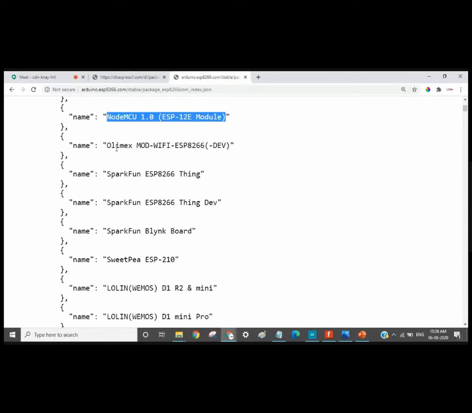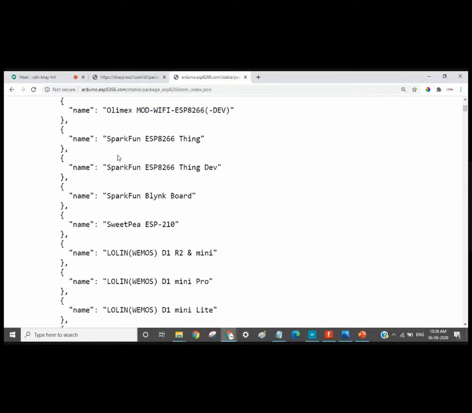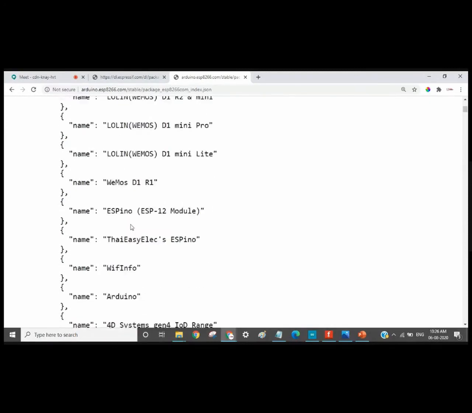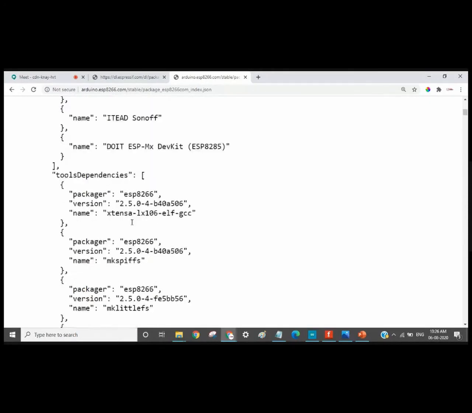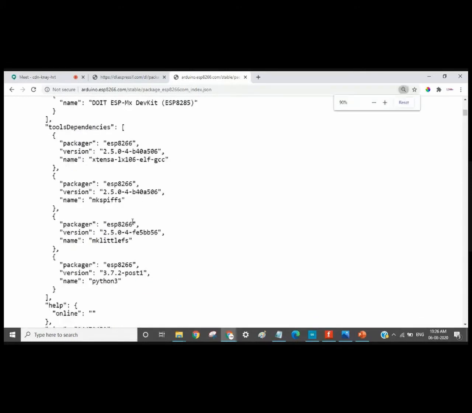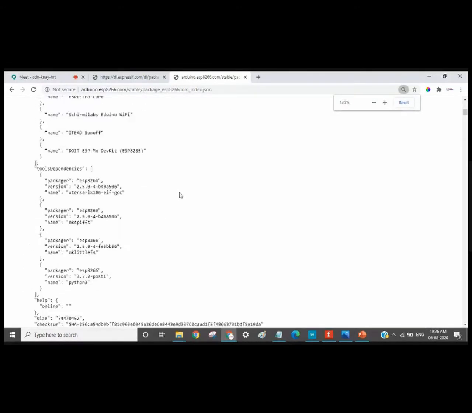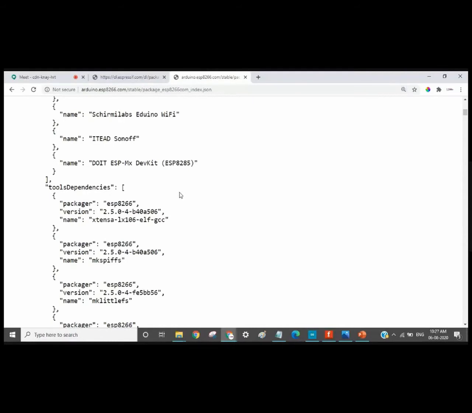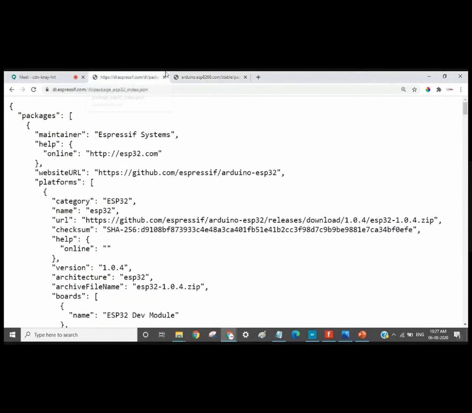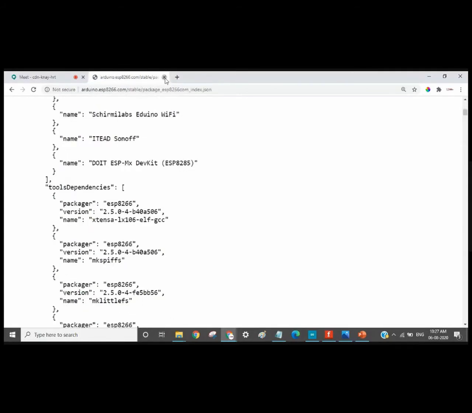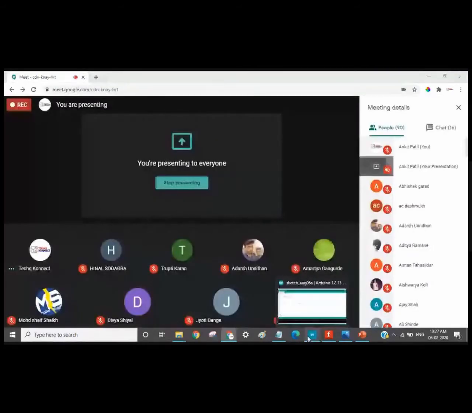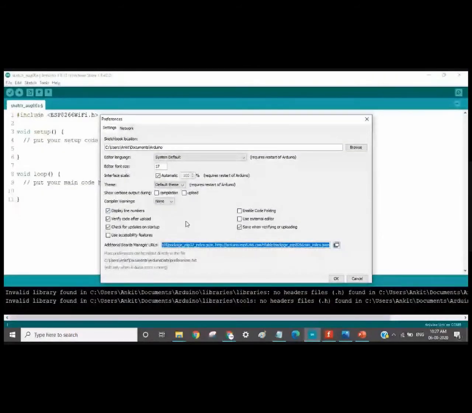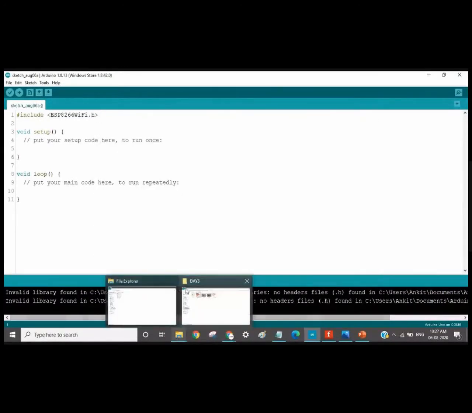Then all these files are there inside that, all the boards, Olimex, SparkFun, Lolin, and all, right? So you have multiple boards in this. So these multiple boards will be downloaded to your Arduino IDE. So before using your ESP12 or before using any other board, any board which is not included in the Arduino, you have to add the link to it, okay, to the board manager. So after adding the link, the packages will start downloading. Once the packages are downloaded, they will be set up, okay.